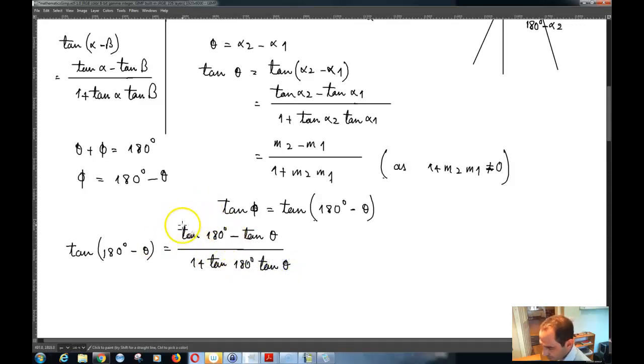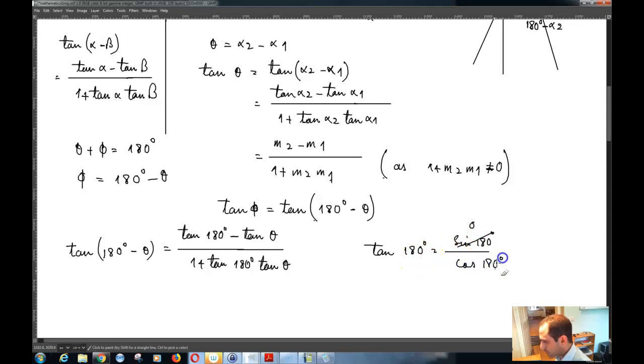And tan of 180 degrees is basically the same thing as sine 180 degrees over cos 180 degrees. Sine 180 degrees is equal to 0,